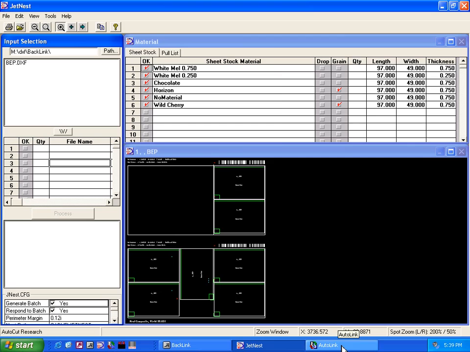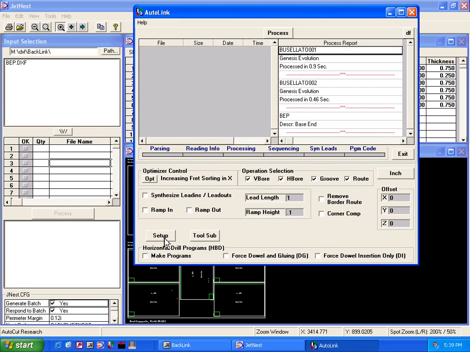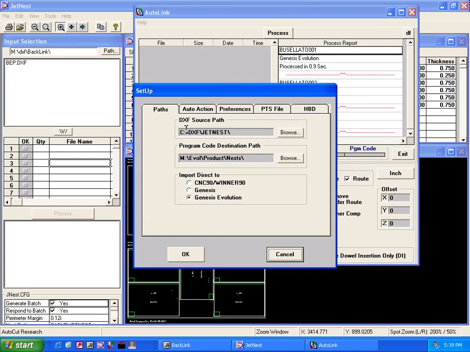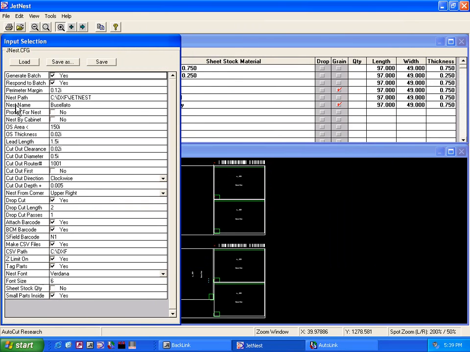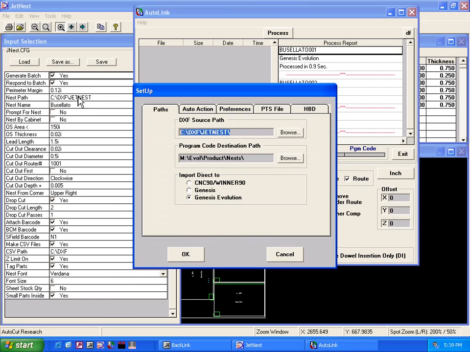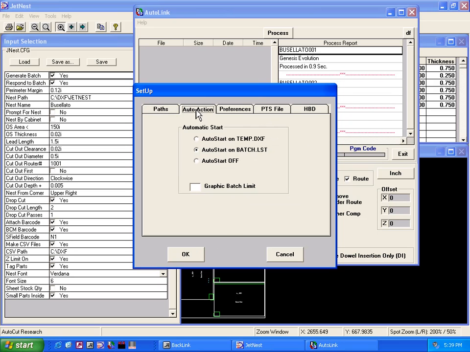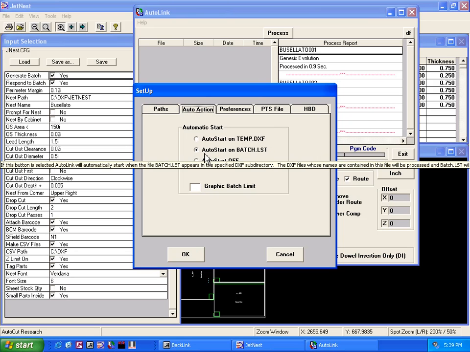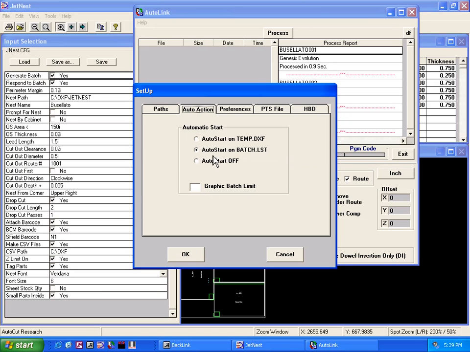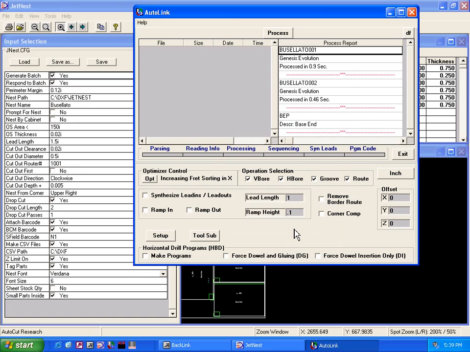And then switching over to Autolink here, we go into the Setup tab in Autolink, and we have to make sure that the DXF source path is the same as the nest path was set to in Jetnest. So these two paths are the same. And then in Autolink, we make sure that under Auto Action, the Auto Start on Batch List is set here. So once all these settings are made and these folders are set up correctly, then one program hands its information off to the next program,